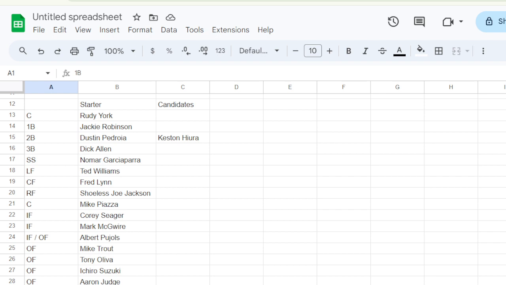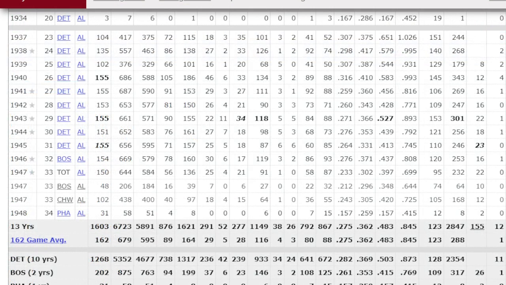And then a couple of seasons I found after the chat yesterday that we didn't discuss, but I think I'm going to put into the roster are Rudy York at catcher. So I'm going to pull him up here in a second. Here's Rudy York's stats. So in his rookie year with Detroit, shout out to Spore, in 104 games, 35 home runs, .307 average, 1.026 OPS. It's one of the best kind of best stat lines for a rookie catcher ever. So leaning towards putting him in as catcher and then